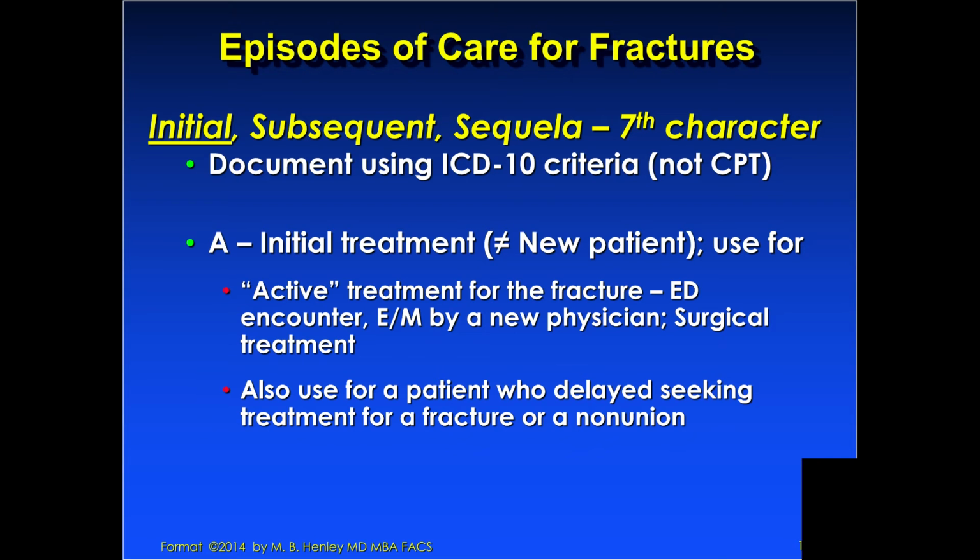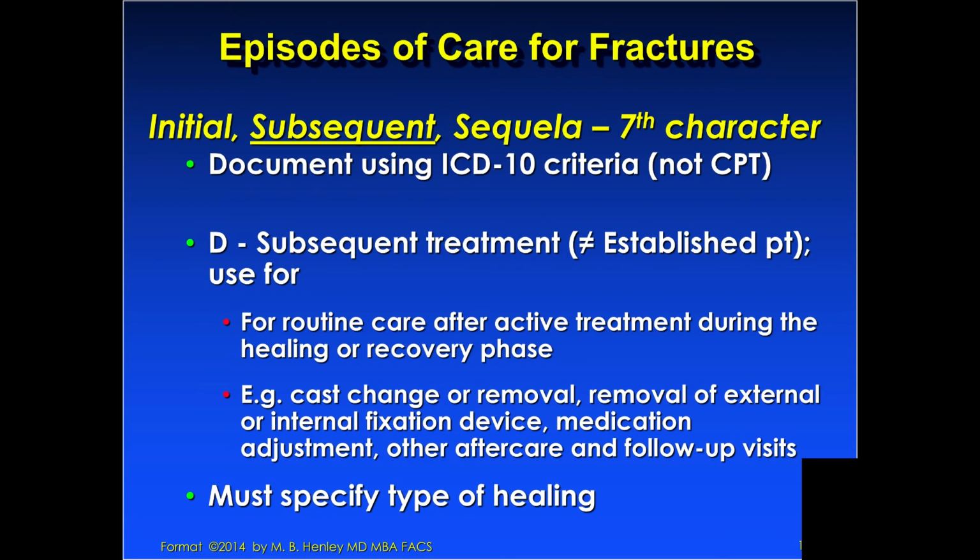The D is for subsequent treatment, and this is, again, as I said, not the same as either a new or an established patient. It's for routine care after active treatment during the healing or recovery phase. And so D would be used as an example for a cast change or removal of external or internal fixation device, medication adjustment, or other aftercare during follow-up visits. So you may use an established patient in CPT at the same time, but it isn't necessarily synonymous,